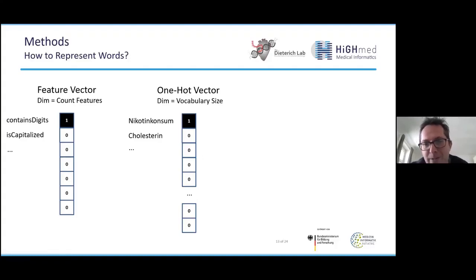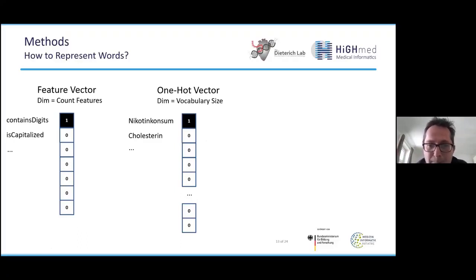Now you can think about some disadvantages appearing here. First of all, you have a sparse representation. Vocabularies easily have something like 10,000 or even 100,000 or even millions of unique words. So you will have a huge input vector, which will make your model larger as well, because already the input layer is so big.